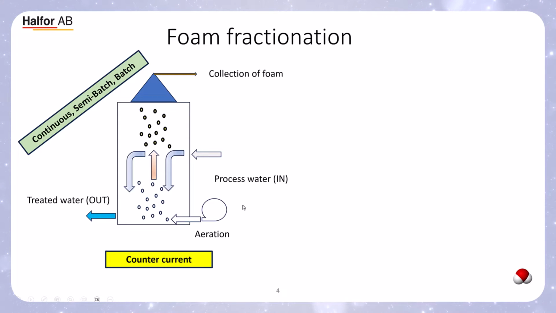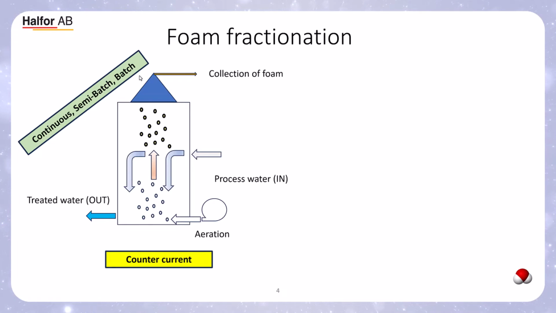At the same time the processed water comes in, you aerate the water, and the water bubbles will then meet the incoming water in a counter-current phase. So water treated out in the bottom, and the water bubbles, hopefully with a lot of PFAS on them, will be collected at the top of the reactor. And you can run this reactor in a continuous mode, which means that you continuously feed and take out the treated water, and also in a batch mode, which means you fill up the reactor,